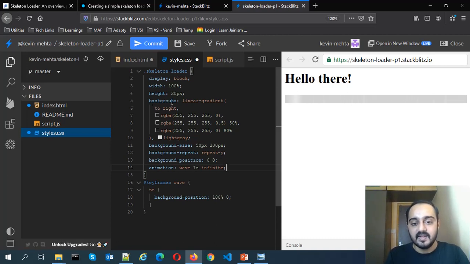As you are seeing, our gradient is now animating, it is moving from left to right. So this is how you can make use of the background position property, keyframe rules and animation for animating your gradient.